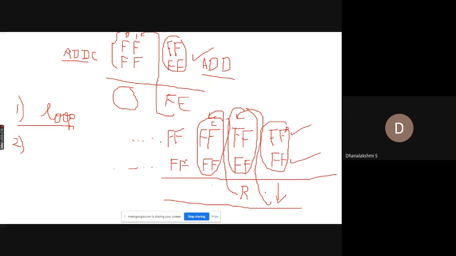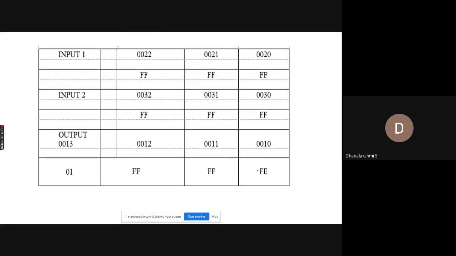Let me explain this with your output table. This is the output table for your addition, addition with the carry. Here you can see input 1, and these are all the memory locations we are going to use to store input 1.